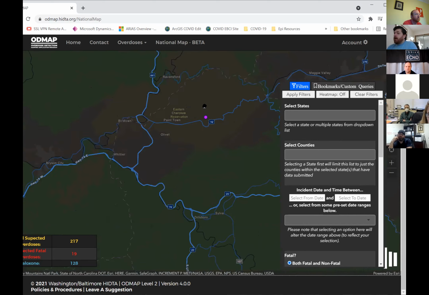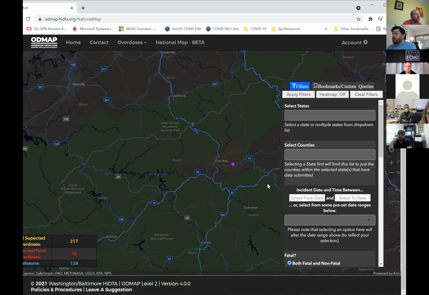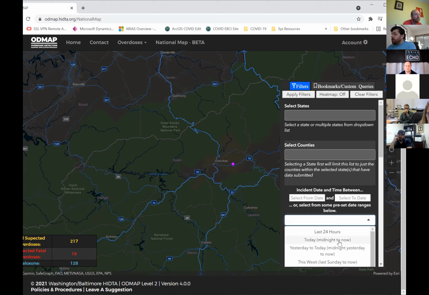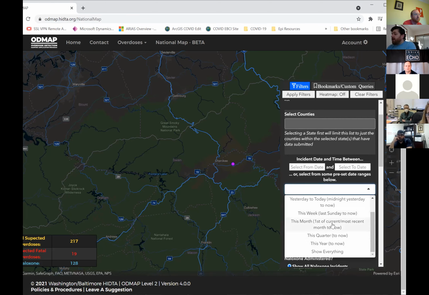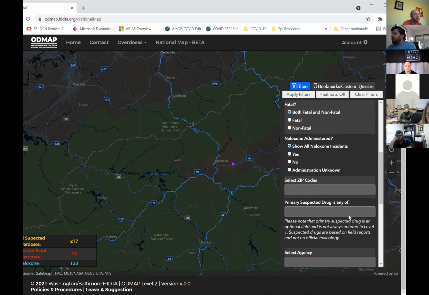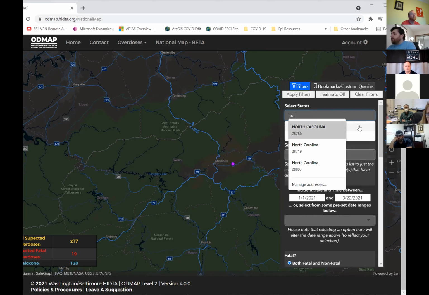But that's just for the past 24 hours. If you want to, you can use these filters. I'll go over the filters in a later episode, but here, I'll just do this. Say you want to look at the past quarter. For states, North Carolina.